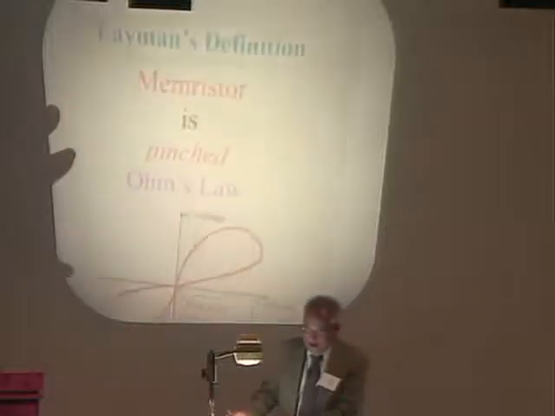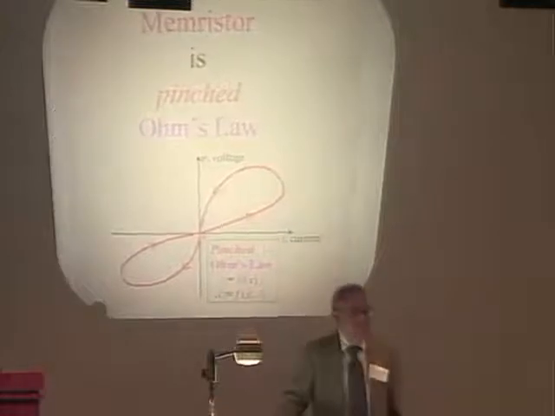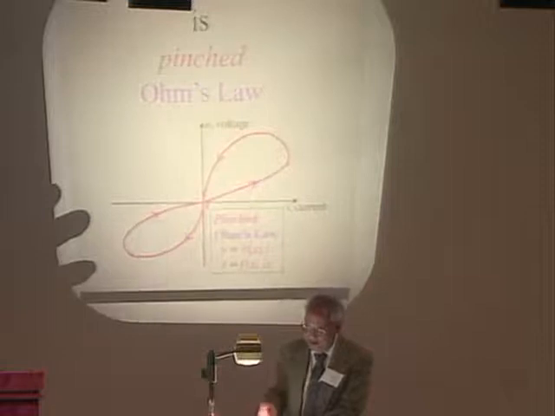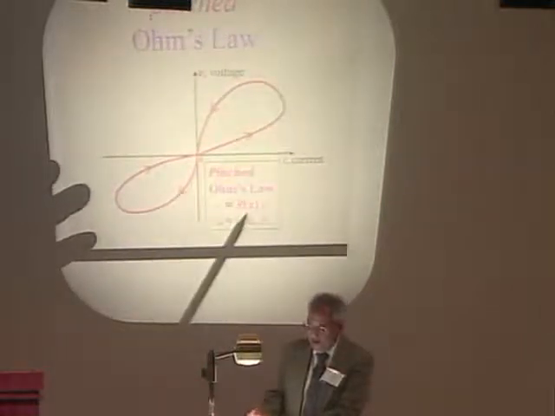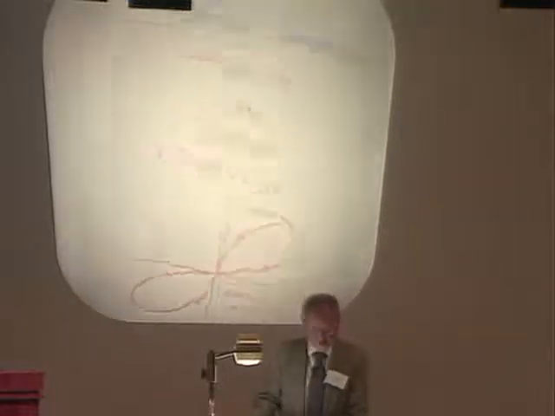For those of you who, I assume most of you already know what a Memristor is, but if you did not, I have a high school definition for that. I call it the layman's definition, and it's just 3 words. Memristor is pinch Ohm's law. That's all there is to it. Ohm's law normally in the voltage-current plane is a straight line. Memristor is simply the resistance depends on the state, and that's the simplest definition. It's a pinch Ohm's law. Very accurate definition.